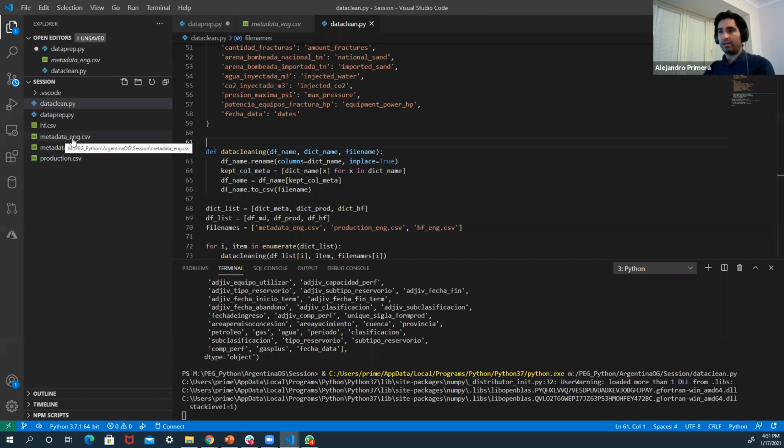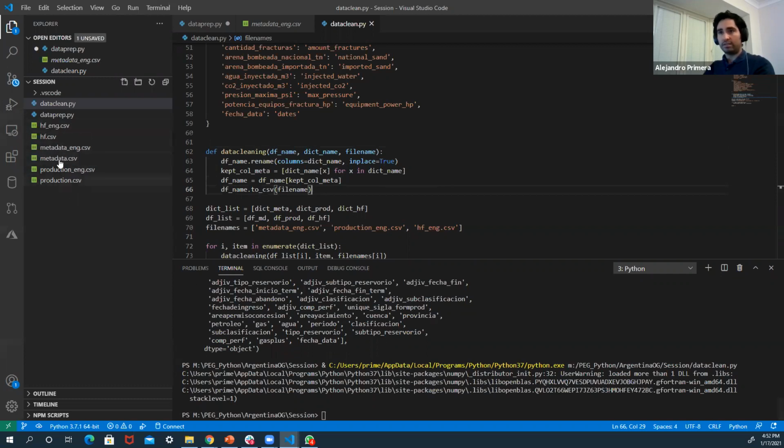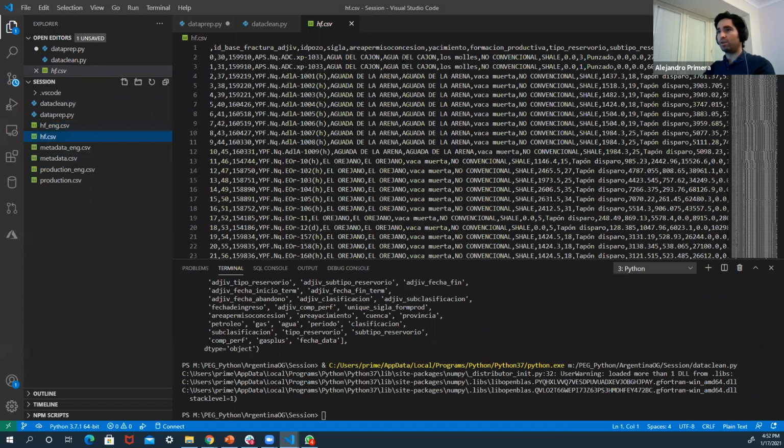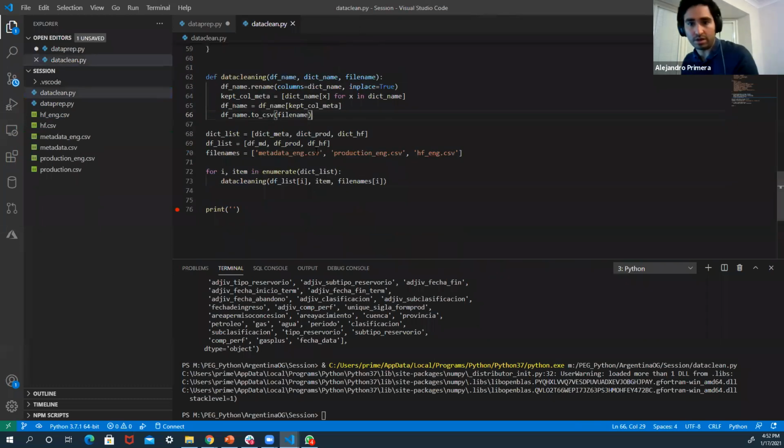So the metadata file was already there. Okay, I have a production file already there. And there we go. We have a HF, the hydraulic fracture file. So the hydraulic fracture file, as I mentioned, I did before. Now we have everything in English. So the original one has many more columns with everything in Spanish. Okay. So now we can do some more work after the data cleaning. So now another